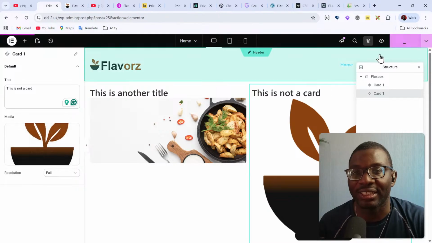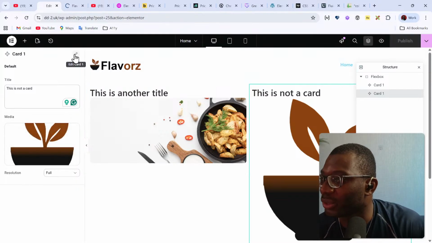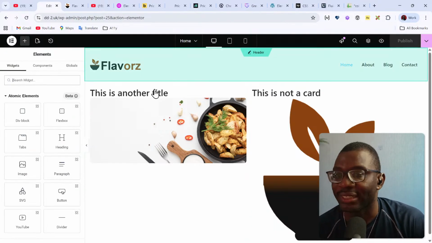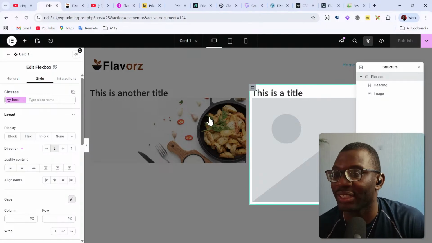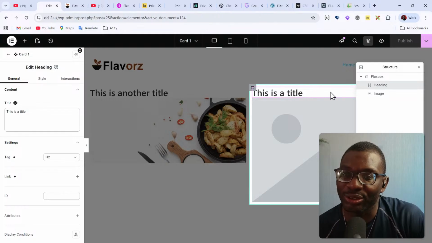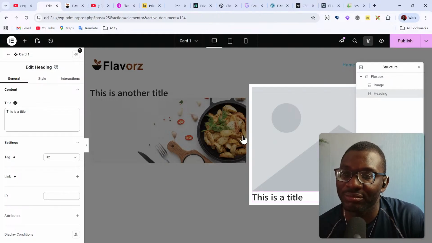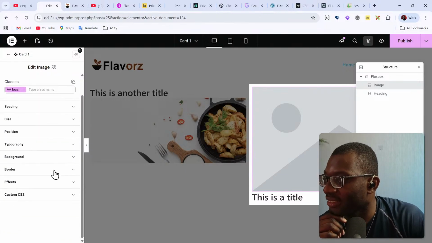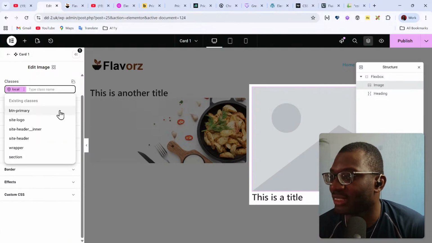The beauty of this is that now we can go into any of the card components, and you see at the top left-hand corner a pencil icon. If I click on that, I can edit one instance of the card. So now I can say, okay, instead of the title being up, we want the title to be down. And maybe the image, we want to give it some style. So I'll go to my style and give it a class name of, let's say,